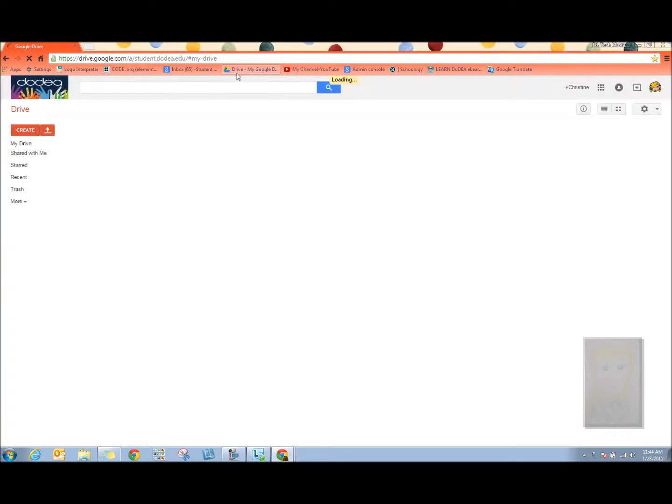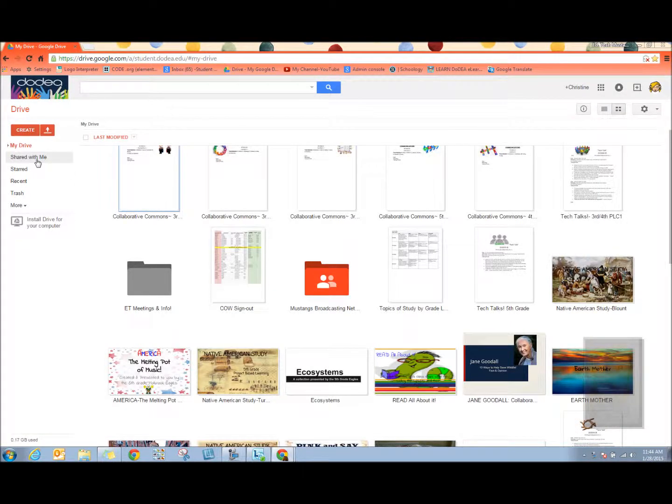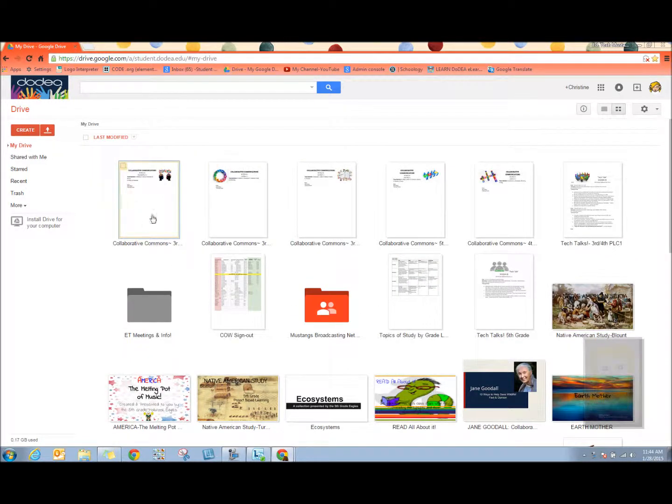But I'm going here to my Drive, which is where you will also go, and hopefully you have the shortcuts already up there from our previous Tech Talk session. So here we go. And you will be looking in your Shared with Me folder. I have mine in the Drive because I am the originator, the creator of the document. So mine are here. Yours will be in Shared with Me. You'll see it will say Collaborative Commons,